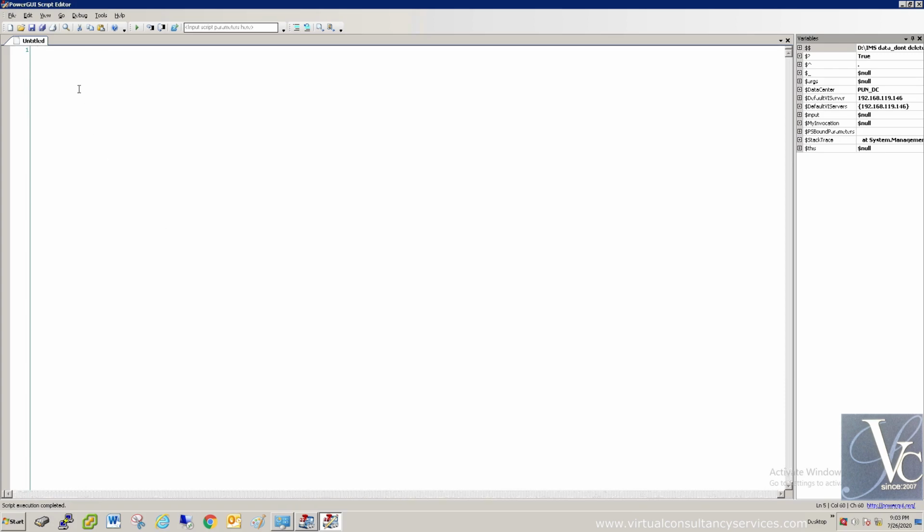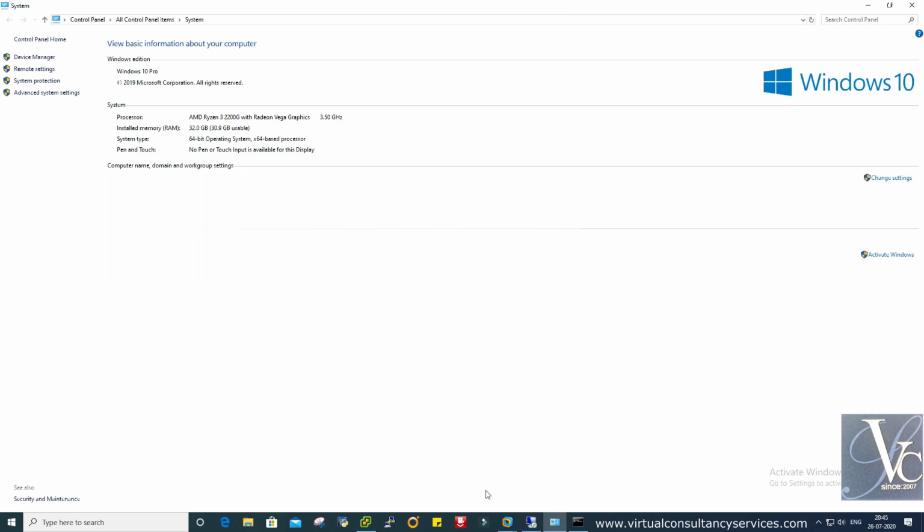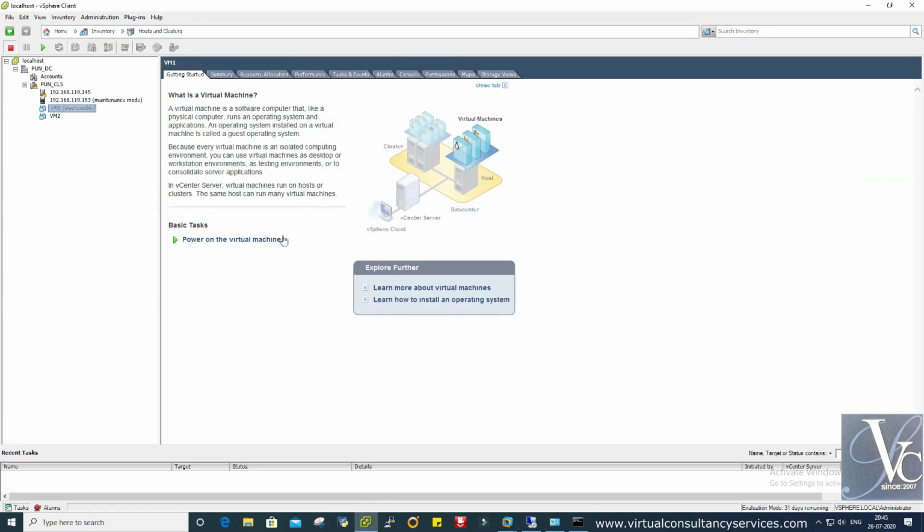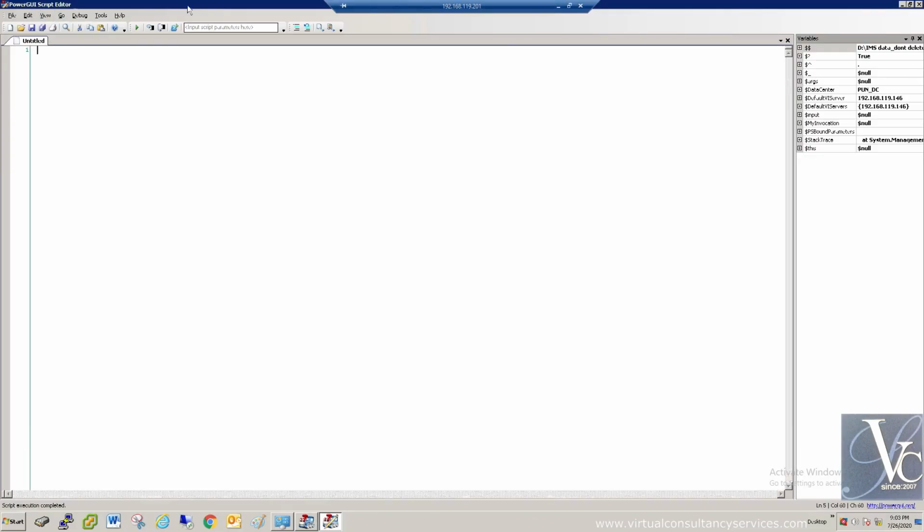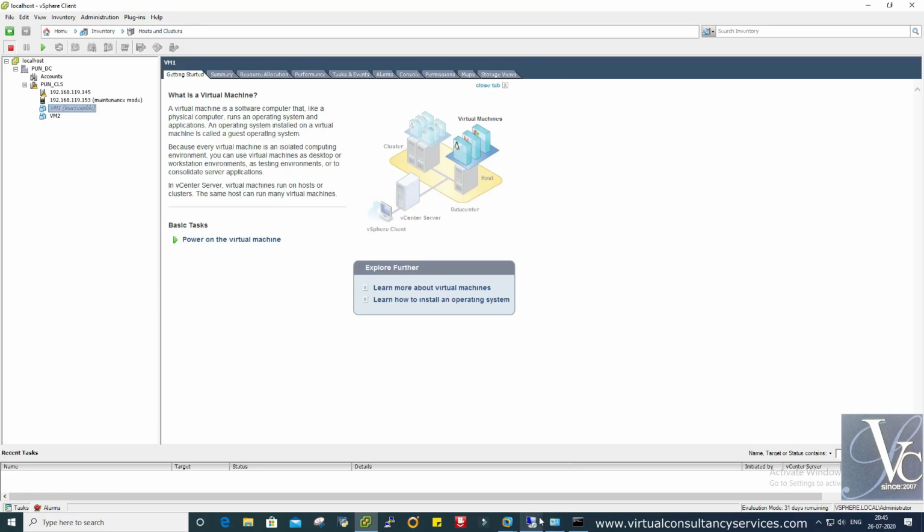Suppose on this server I have to perform some tasks on this vCenter. So I have to connect to this vCenter through my PowerGUI script editor.